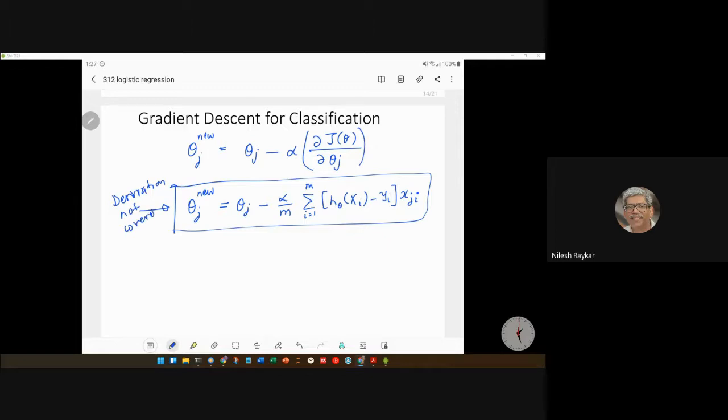So to implement gradient descent, the basic principle of which is given in the above rule, if you do the differentiation of the cost function which we defined just before and simplify, then you will get this particular form, which is exactly the same as that we obtained for linear regression. So that is what we understand.